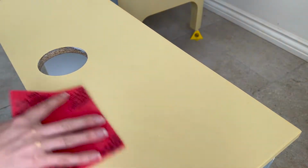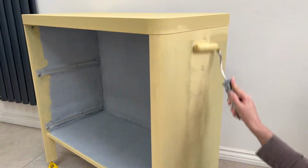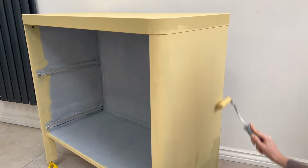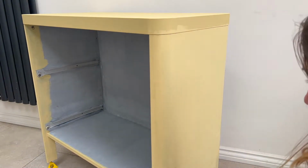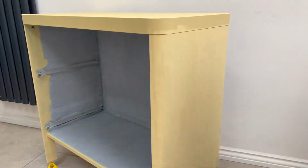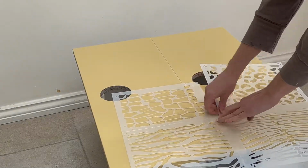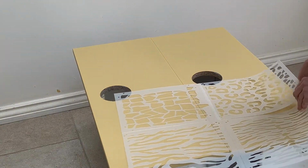After I had all my 3 coats on, I was really happy with the yellow as it was. It seemed like a nice, calming yellow, but also a sunny and happy one too, so perfect combination for a bedroom. So I had this stencil, which is approximately about 20 centimetres in size, and I used frog tape to